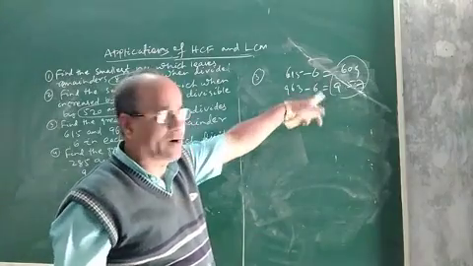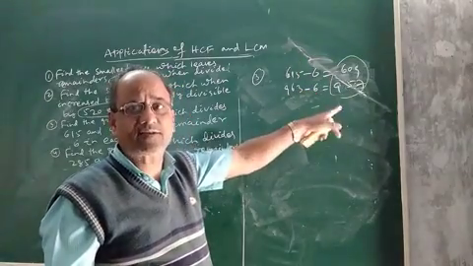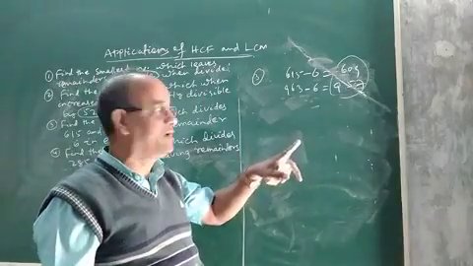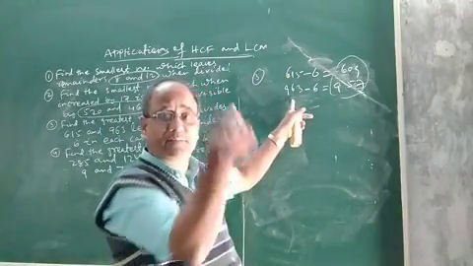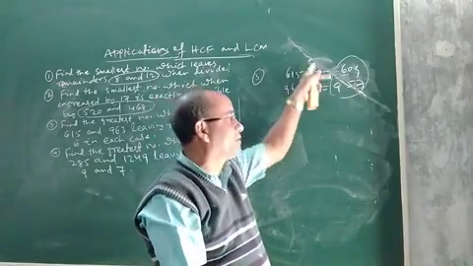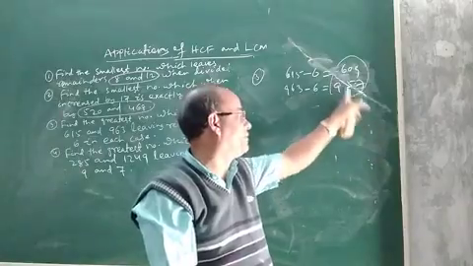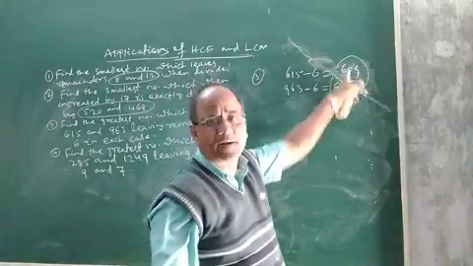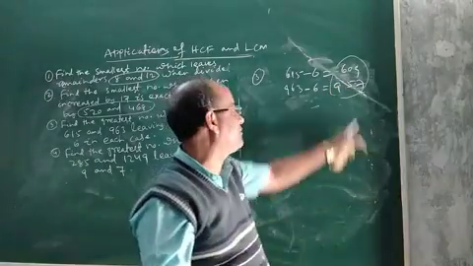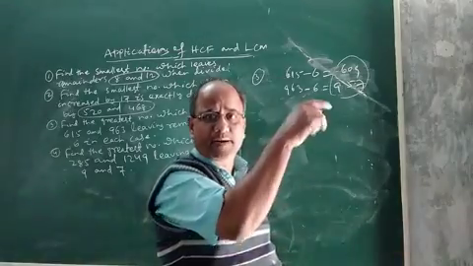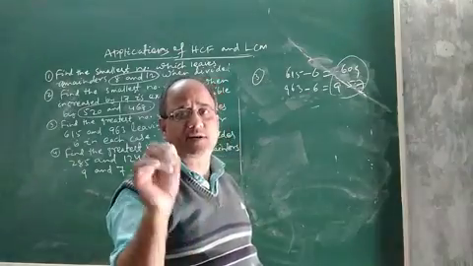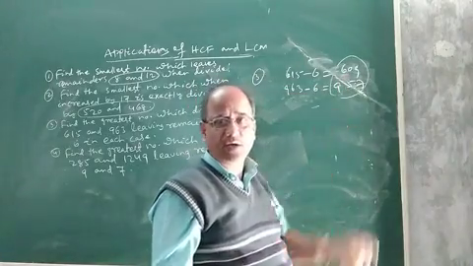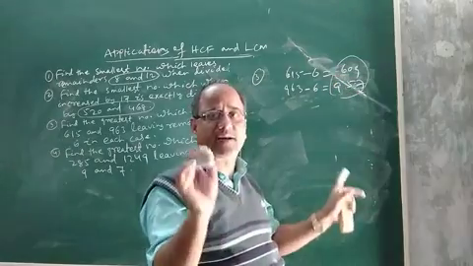Whatever numbers you got, take the highest common factor. Why? Because we want to find the greatest number that will divide these two numbers, leaving remainder 6 in each case. You can find the HCF by the continued division method, because these are large numbers. It will be better to follow the continued division method or Euclid's division lemma. The HCF of these two will be the required greatest number.